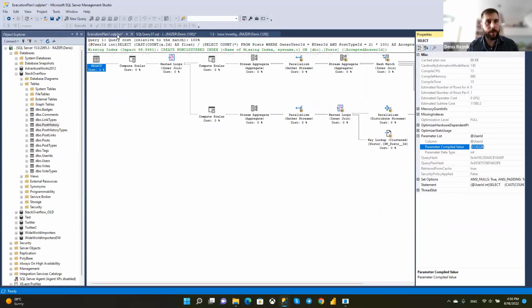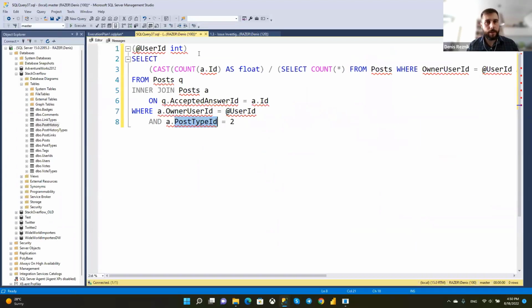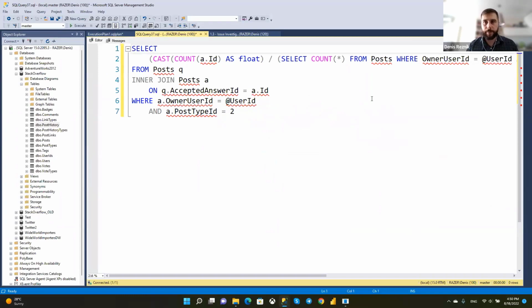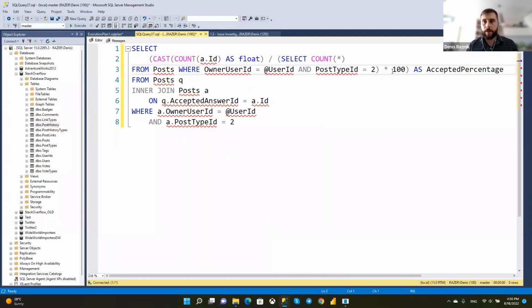Let me copy it, and I will paste it to my query. Here we go. Where is user ID? Over here. And over here. What this query is doing, it's counting the rate of posts of a specific user, and this user should be me.